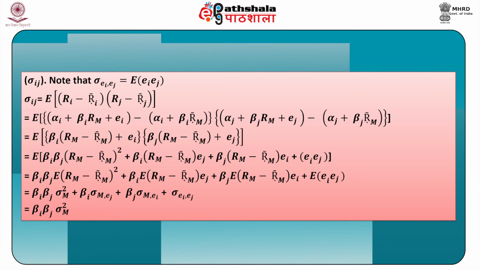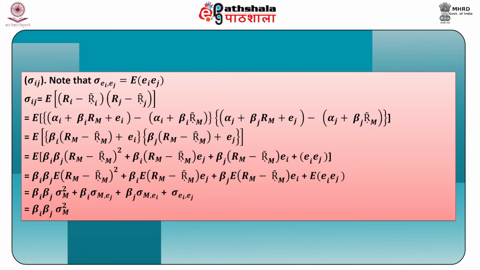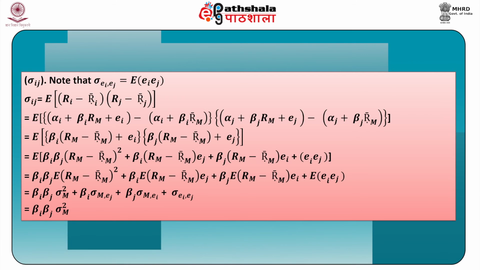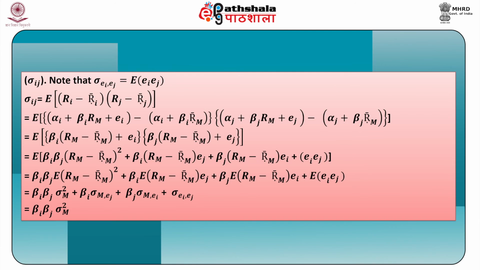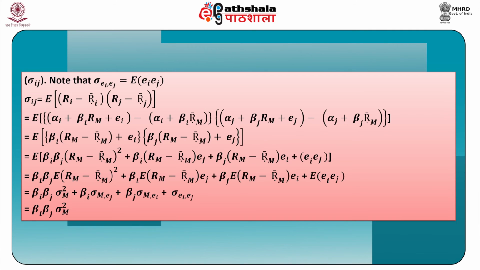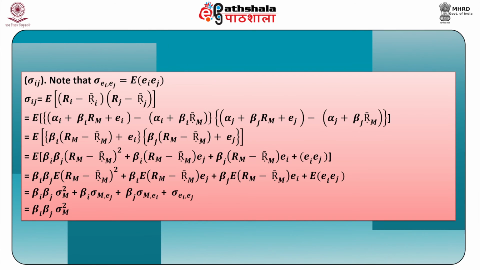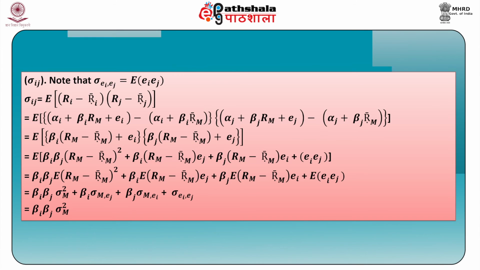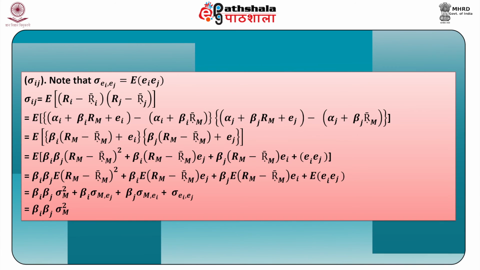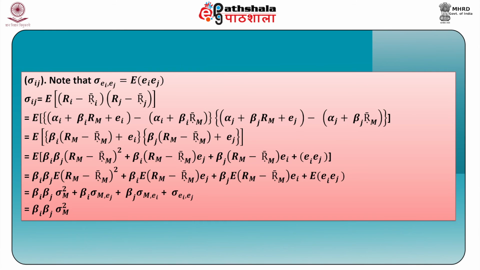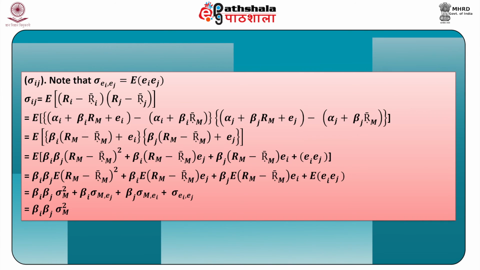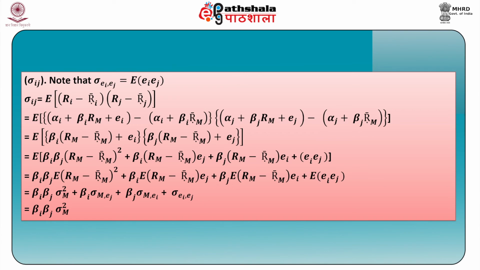(alpha i plus beta i into Rm plus Ei minus (alpha i plus beta i into Rm bar)) into (alpha j plus beta j into Rm plus Ej minus (alpha j plus beta j Rm bar)), which is equal to capital E (beta i into (Rm minus Rm bar) plus Ei) into (beta j into (Rm minus Rm bar) plus Ej), which is equal to capital E beta i beta j into (Rm minus Rm bar) whole square plus beta i into (Rm minus Rm bar) into Ej plus beta j into (Rm minus Rm bar) Ei plus Ei into Ej,